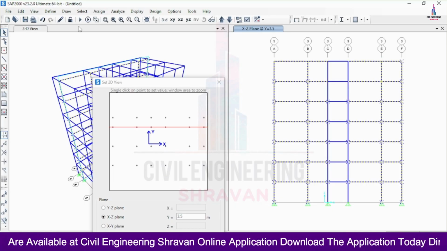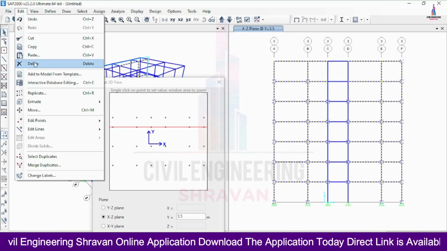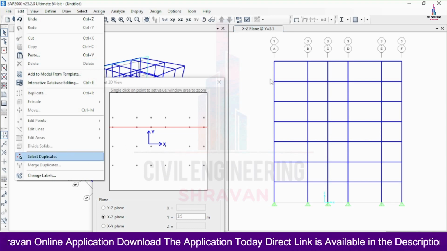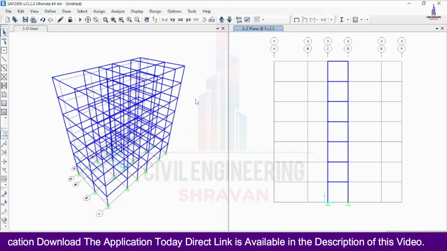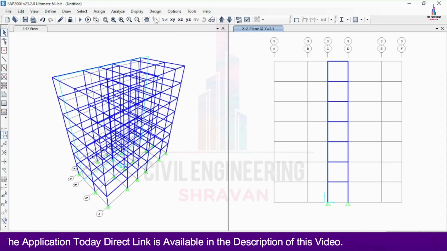Again I am selecting these members. Go to edit option, click on delete property option so that it will delete the properties at this level, except the beams and columns which are present here.